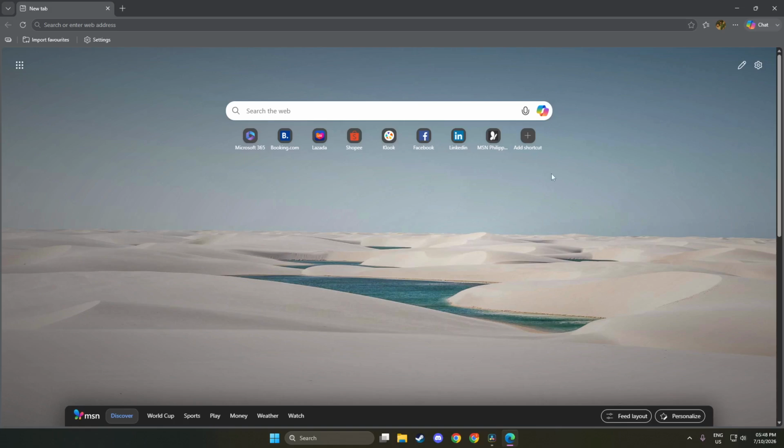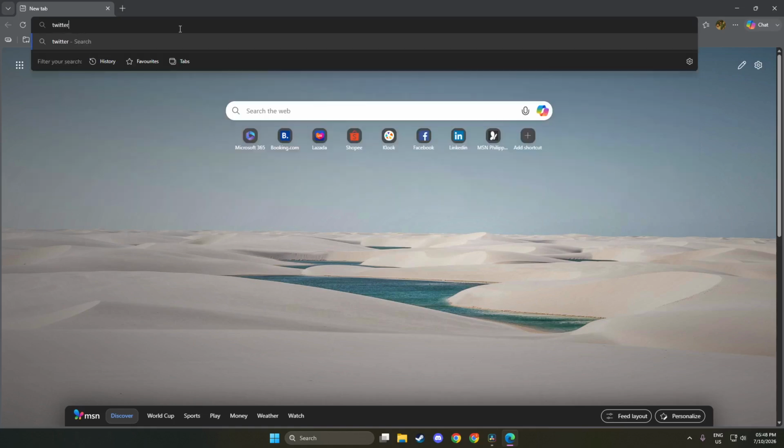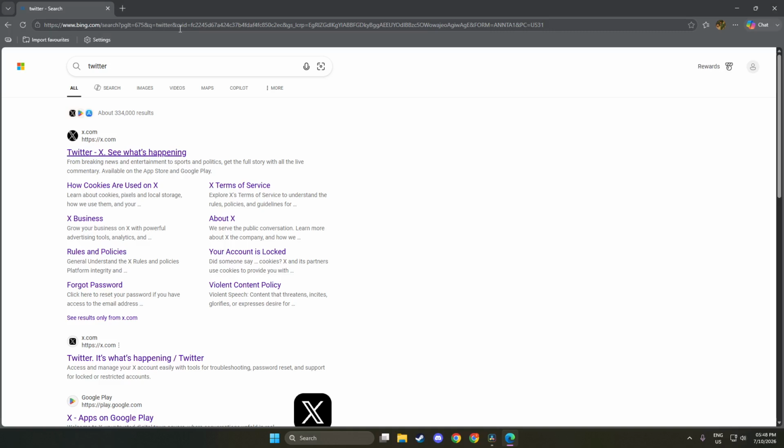Next, go to the web page you want to share. You can do this by typing the URL directly into the address bar at the top or by clicking on a bookmark if you have one saved. It is important to choose a page that you believe will be useful for others, as QR codes are a quick way to share links.